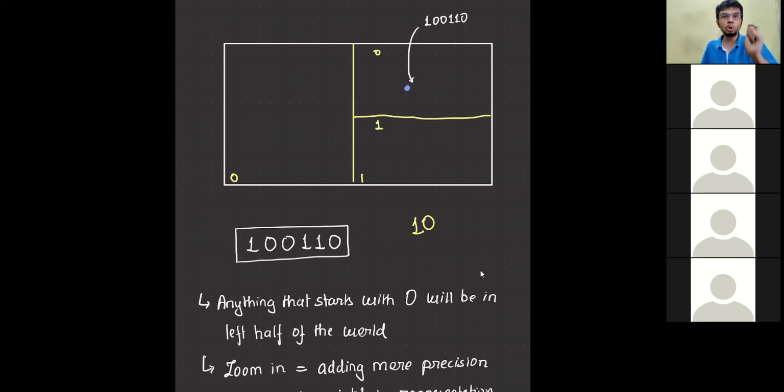Correct. So this is how, using the normal bit representation, we are actually defining nearness. Points that are closer to each other will have a very similar prefix. For example, all the points that lie on the right half of the world will all start with 1. All the points that are here will start with a 0. Similarly, all the points that are here will start with 1 0, and all the points that are here will start with 1 1. So looking at the prefix, you know whether these points are near or not.